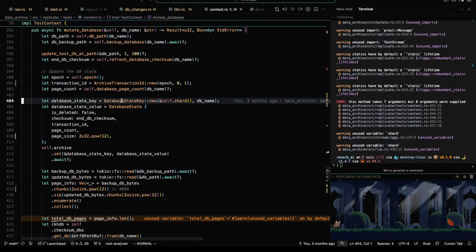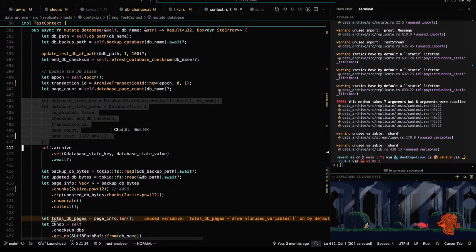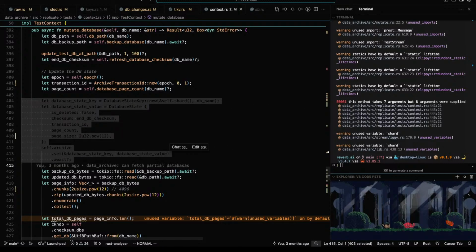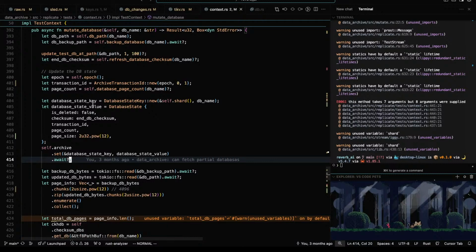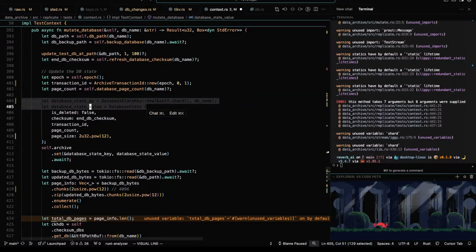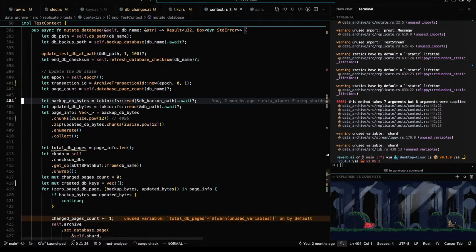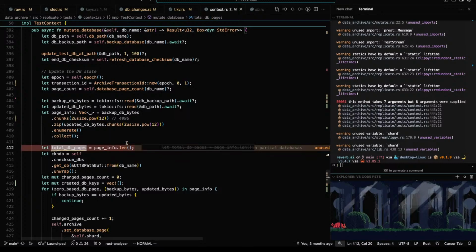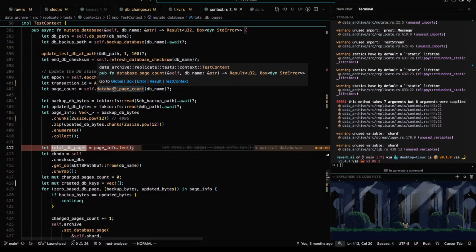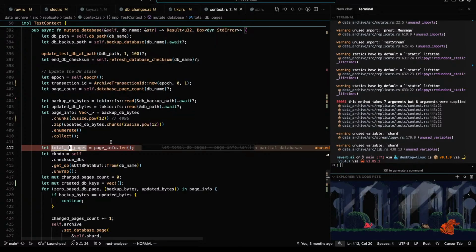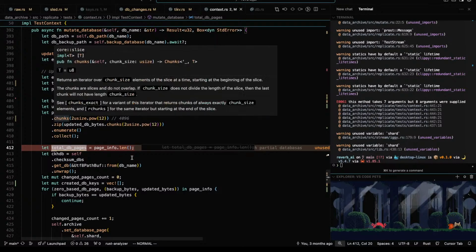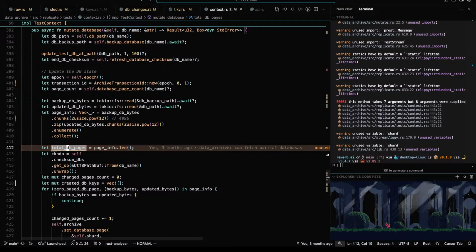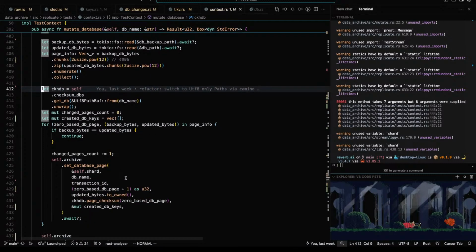We can get rid of this here. Database state key. And this set. Database page count and page info dot length.